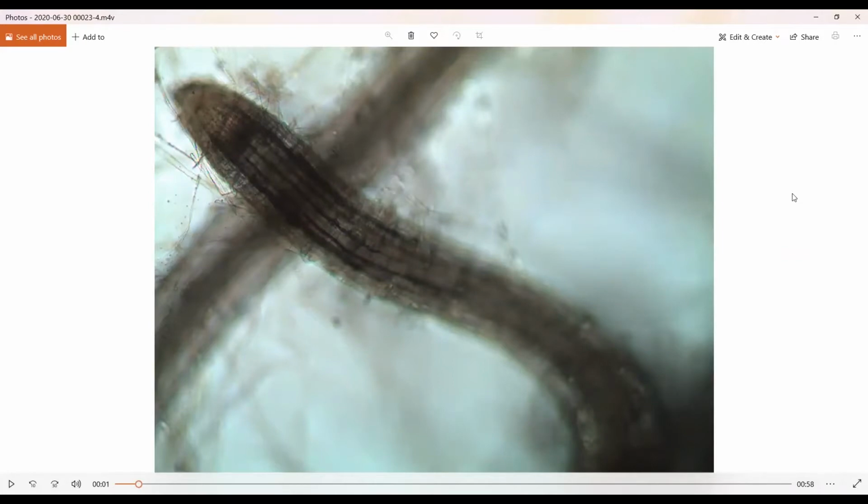So this is the root from the radish. So this is a dicot root. Again, you can make out the root cap. It's a bit of a mess because there are just so many roots kind of overlapping one another here, because the root from the radish is kind of older and has been branching quite a bit. So actually I want to show it because I want to show the point in which a branch root is